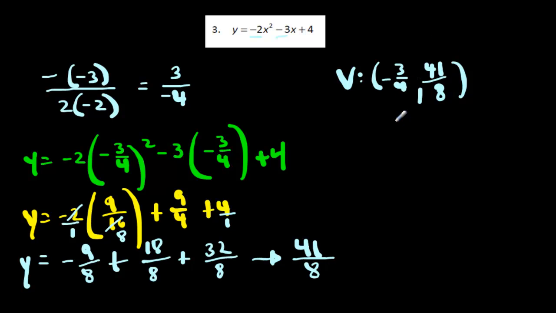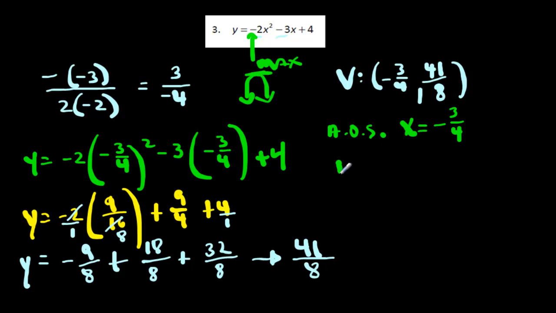So there's your vertex. They also want the axis of symmetry. So the axis of symmetry is the equation x equals h, or x equals negative 3/4 in this case. They want the max or min value. It opens down since a is negative. That means it's going to top off, so it's going to have a max value equaling 41/8,